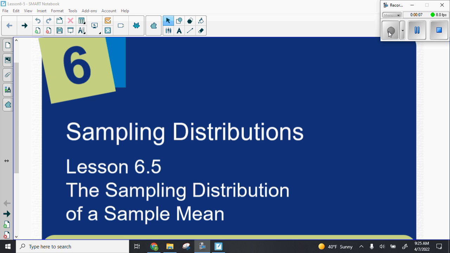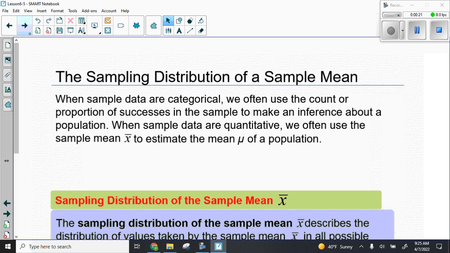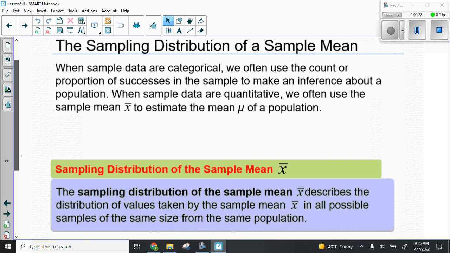We're going to talk about the sampling distribution of a sample mean. Today, we're going to do all this stuff. It's going to be cool. Or at least we believe it will. All right, so